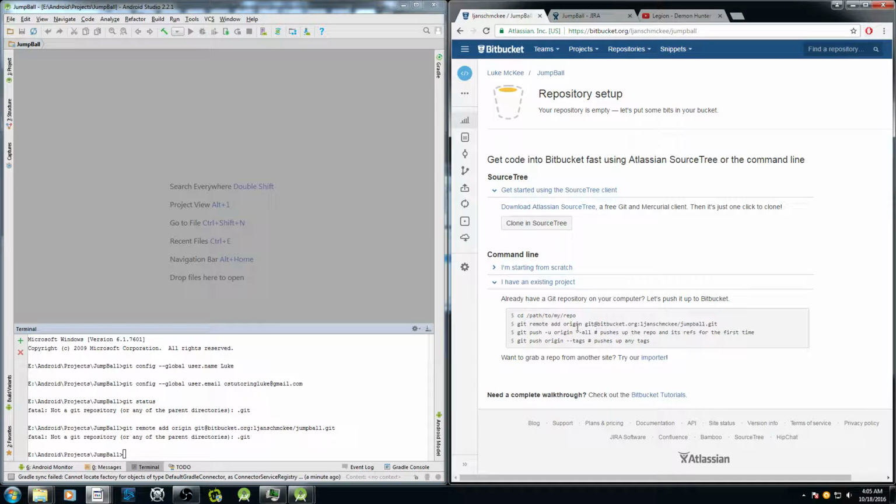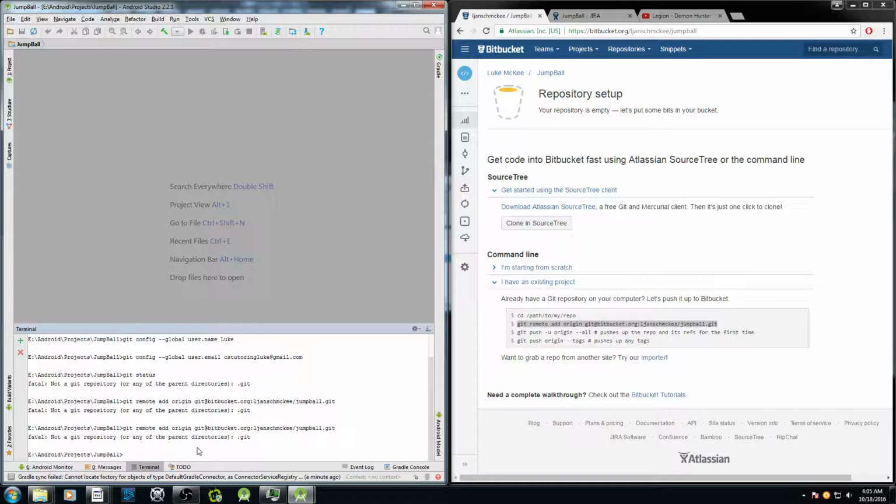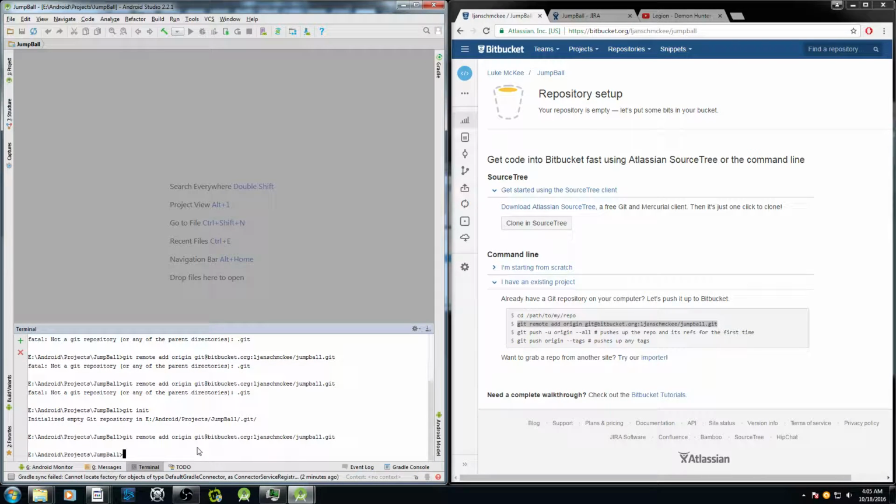And it turns out I can't spell. This is what happens when you're a bit tired. It's key, that's what copy and paste is for. Ah, right, of course, I have to initialize the repository first, my mistake. So now that we've got the repository initialized and we've linked it to our remote origin, we're going to want